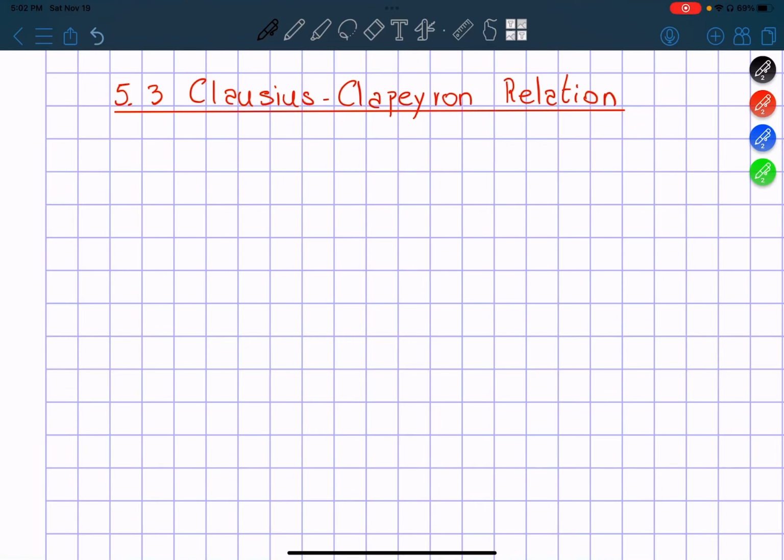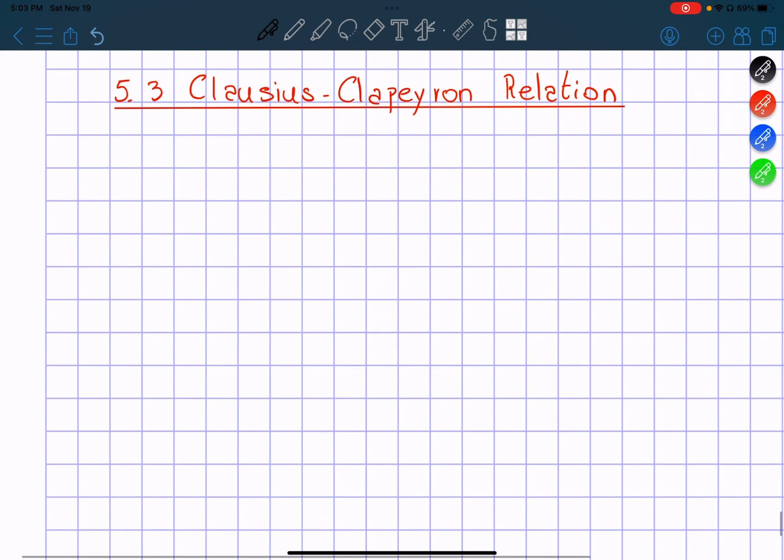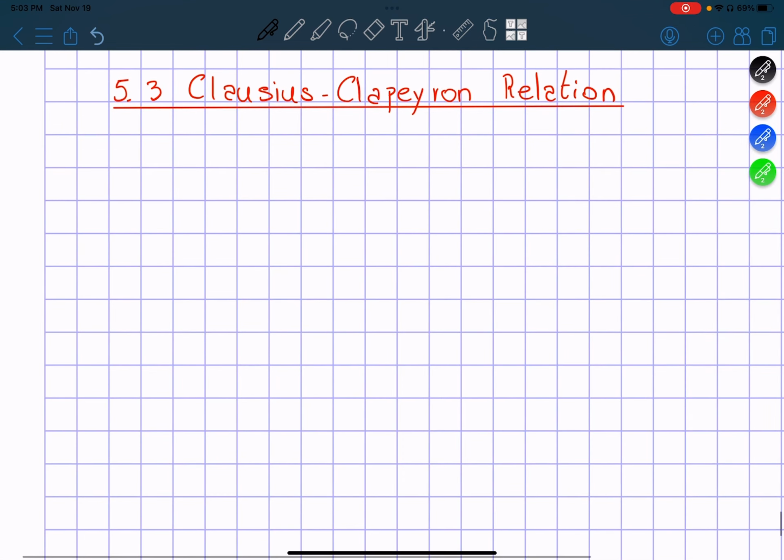Everybody, so here we have chapter 5.3 of the Clausius-Clapeyron relation. And here we're talking about the relationship that exists between the pressure and the temperature and the entropy and the volume. So the idea behind all this is that in a phase diagram, the Gibbs free energies must be equal